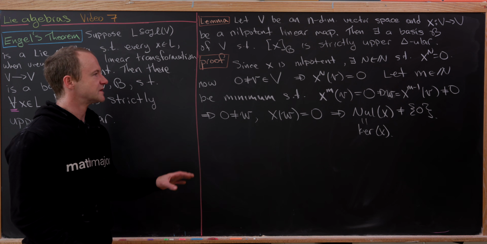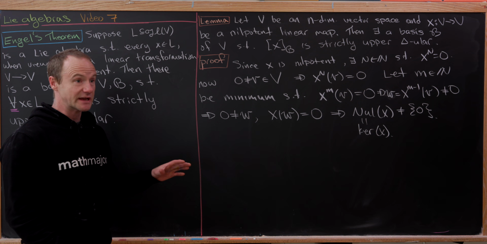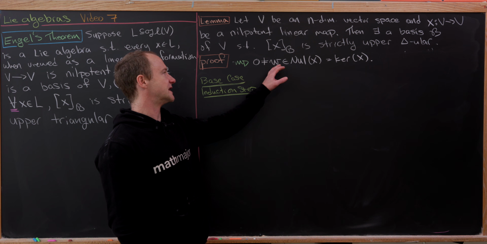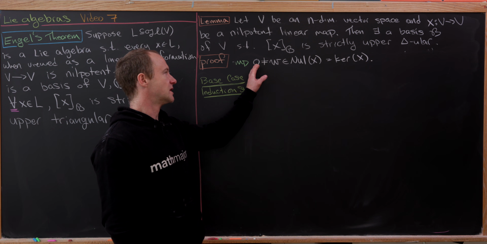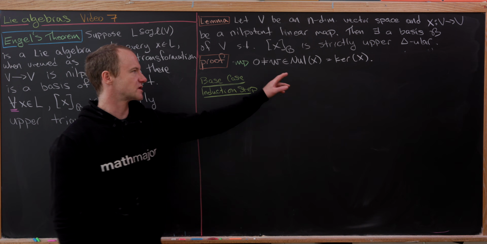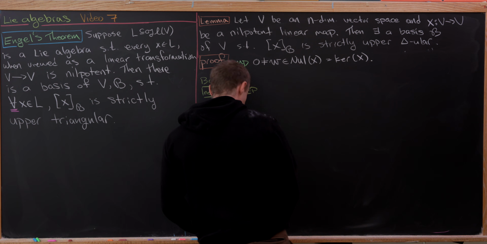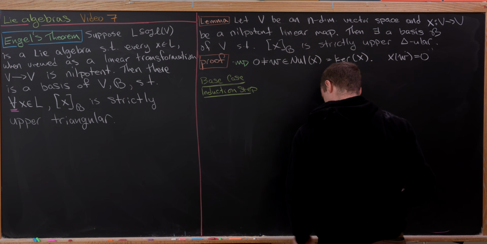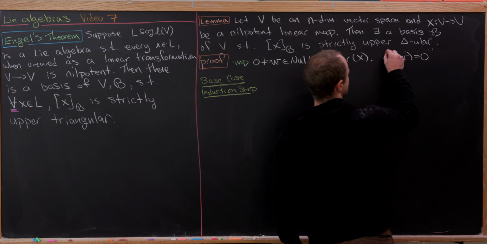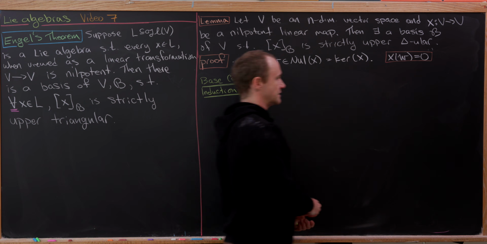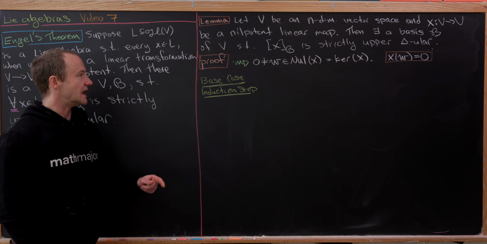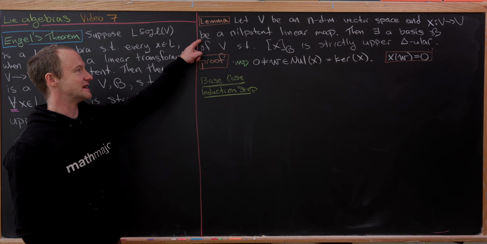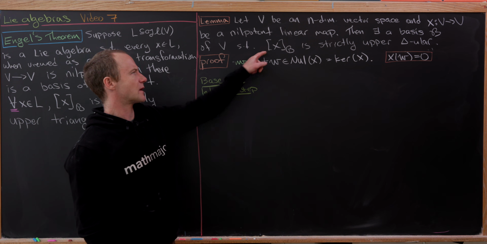Okay, great. So let's take that little fact and move on from there. So far what we've done is construct a non-zero vector w that's in the null space of x, in other words, the kernel of x. But what that really means is that x evaluated at w is equal to 0. And w, like I said before, is non-zero. And now we want to continue towards our goal of finding a basis